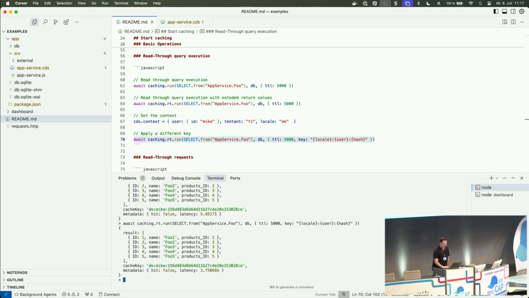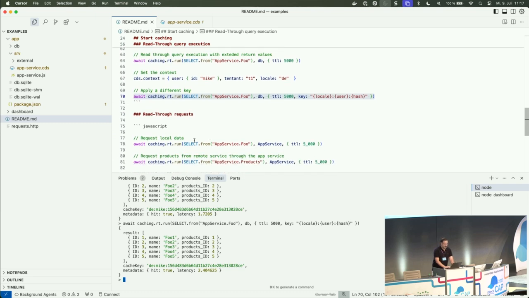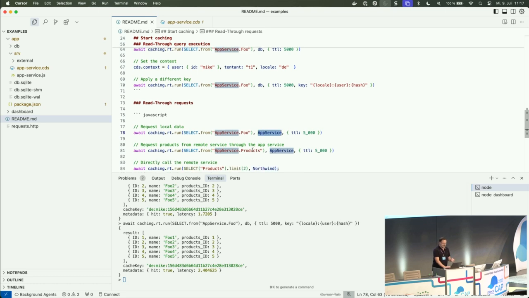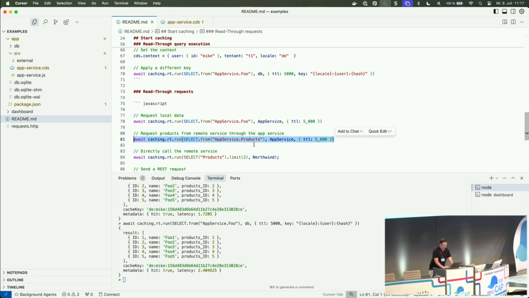Again, this also works if I do this multiple times. You can see now it's true, and we're delivering stuff from the cache. We're still fetching data from the database, which is not really a performance improvement, but we can also do this with remote services. So what we're going to do now is, I have mapped the products entity of the remote services of this Northwind service to my local products endpoint. And when we do this, you can see